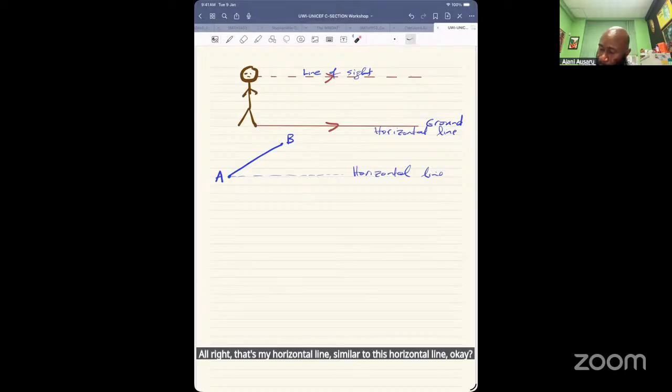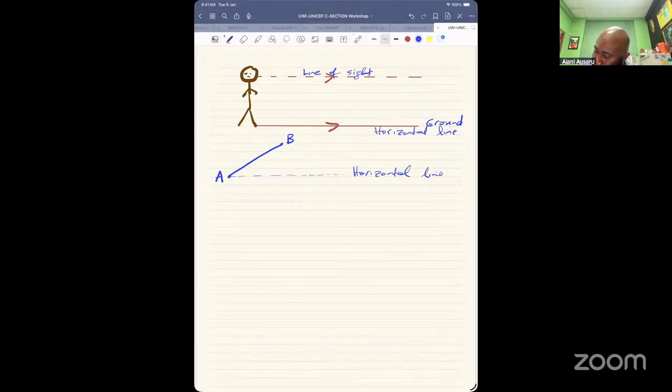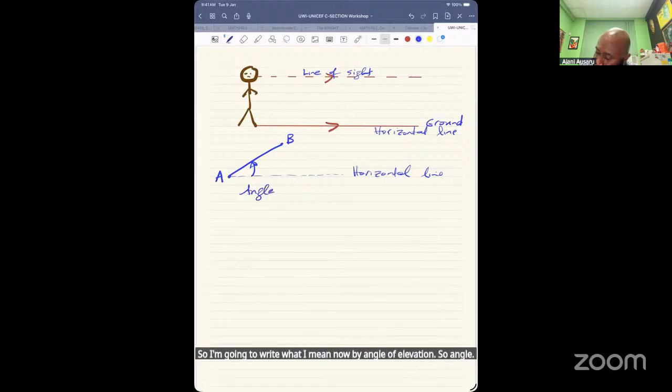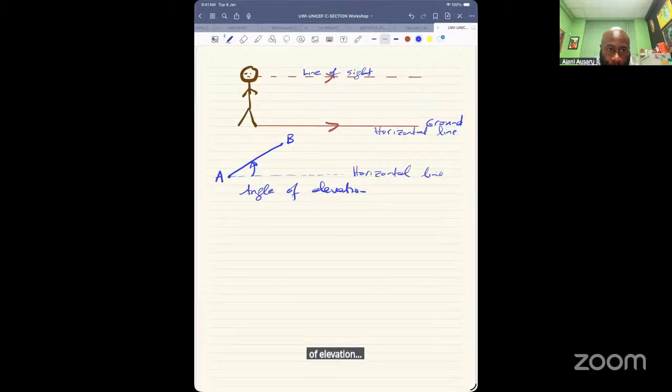So this angle here, I'm going to write what I mean now by angle of elevation. So angle of elevation of B from A